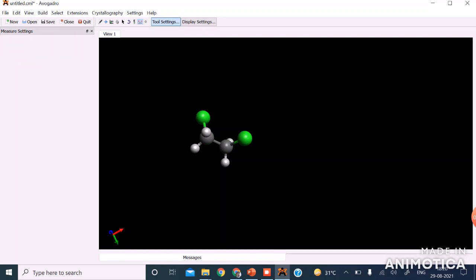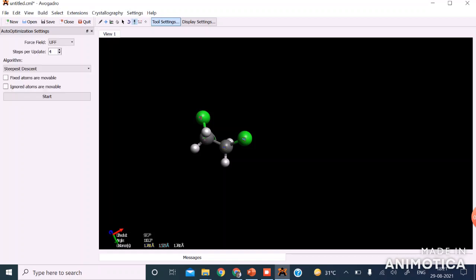So click on this chlorine, carbon, carbon and chlorine atom. So you can see that the dihedral angle is 97.7 degree. So whenever the dihedral angle is less than 120 degree and more than 0 degree, then it will be in the gauche conformation, and when the dihedral angle is more than 120 degree, it will be in the trans conformation.